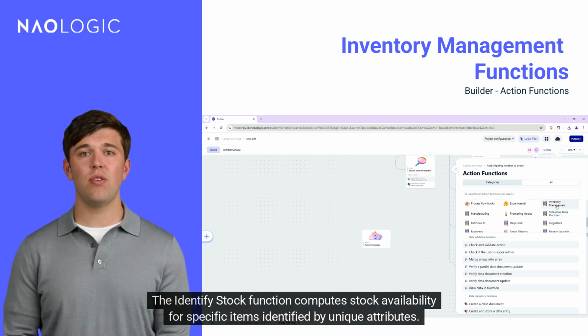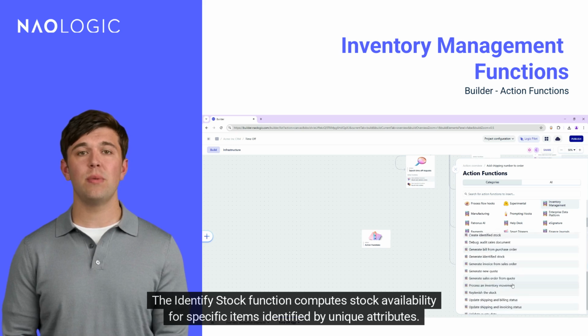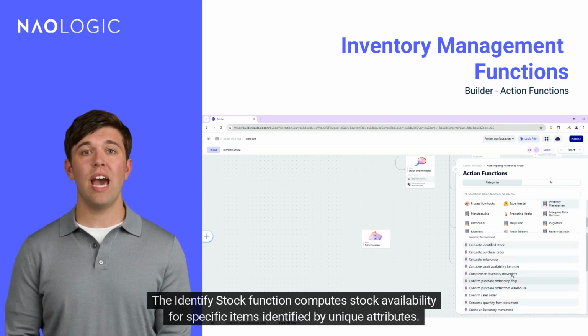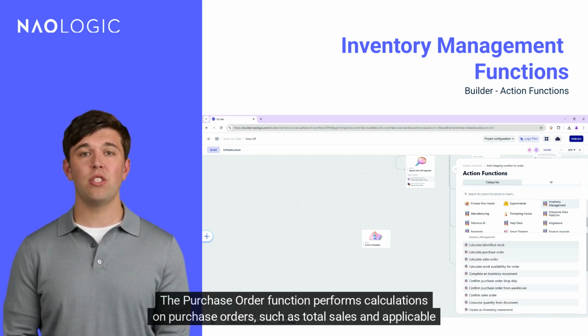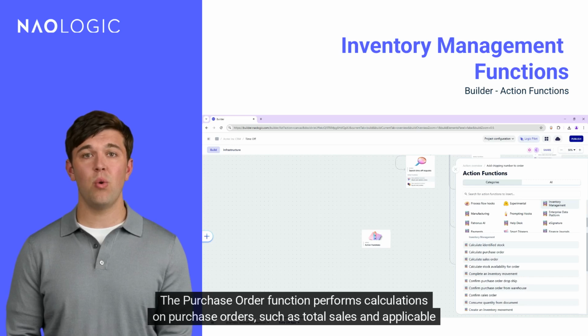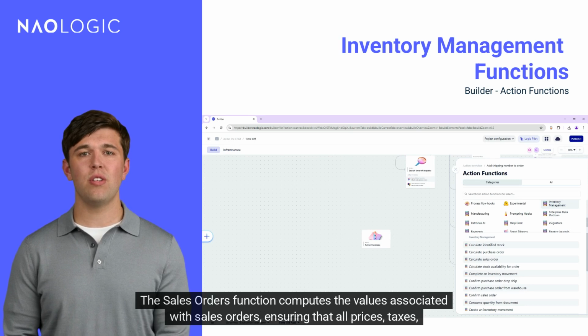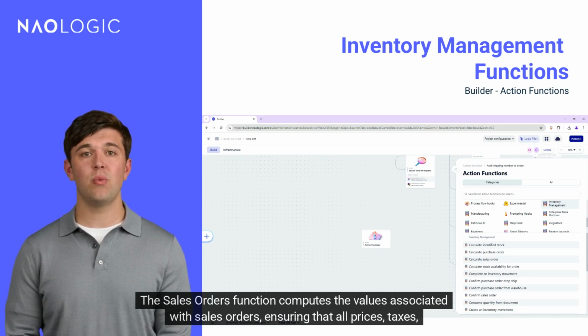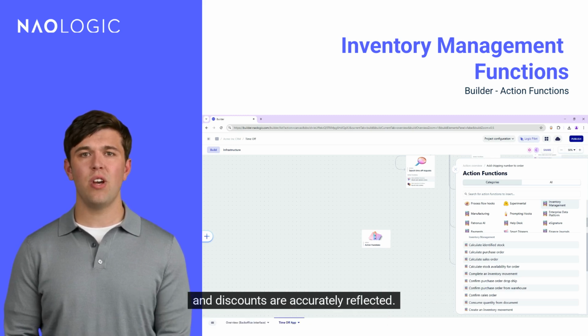The Identify Stock function computes stock availability for specific items identified by unique attributes. The Purchase Order function performs calculations on purchase orders, such as total sales and applicable taxes. The Sales Orders function computes the values associated with sales orders, ensuring that all prices, taxes, and discounts are accurately